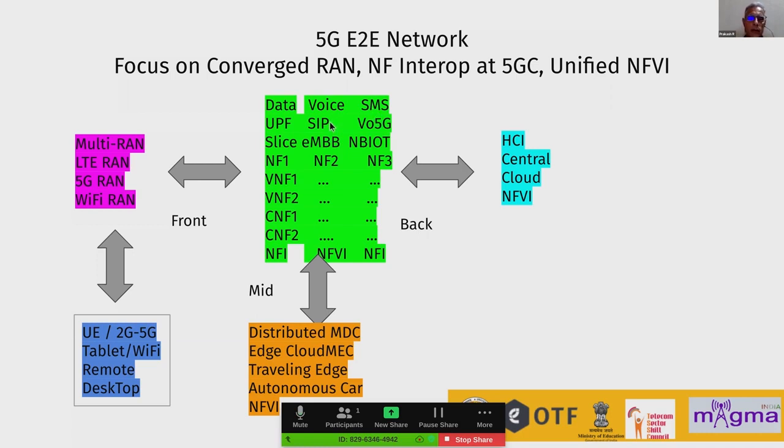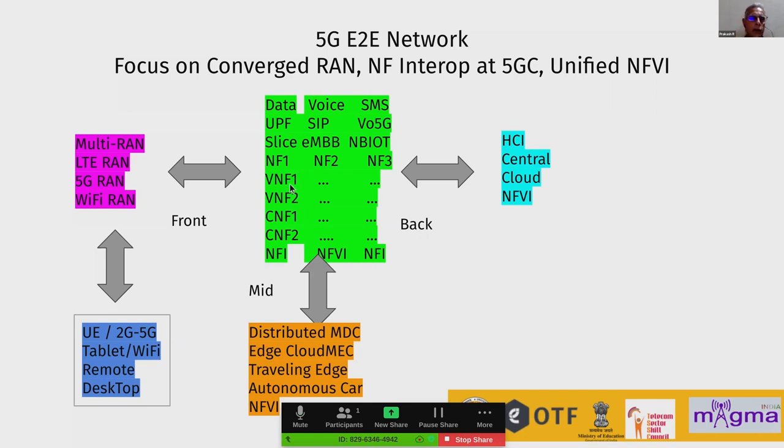If it is voice, it may be a SIP function, or it could be voice over 5G, and it could be a user plane function for getting the data, and then it could be a network function for slicing, which could be for eMBB, that is enhanced mobile broadband, or for narrowband IoT. So there are network functions one, two, three, and each is composed of various functions like VNF1, 2, 3,